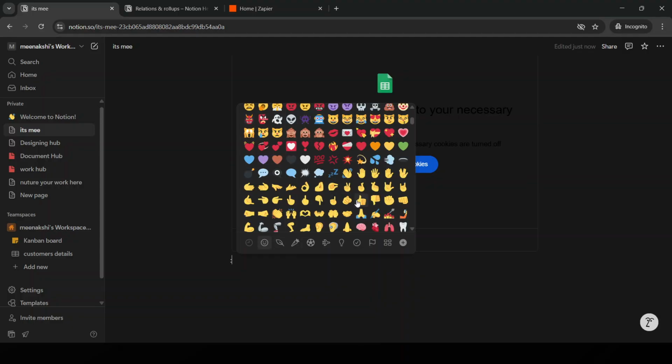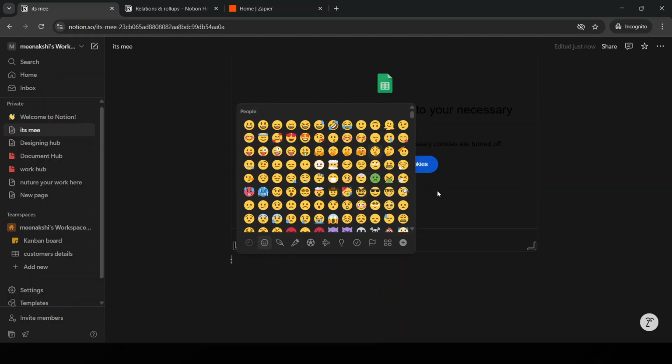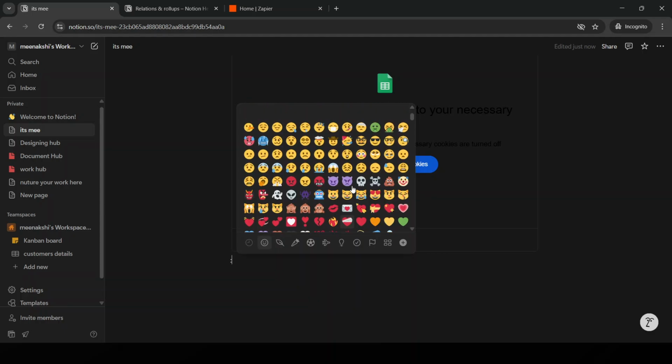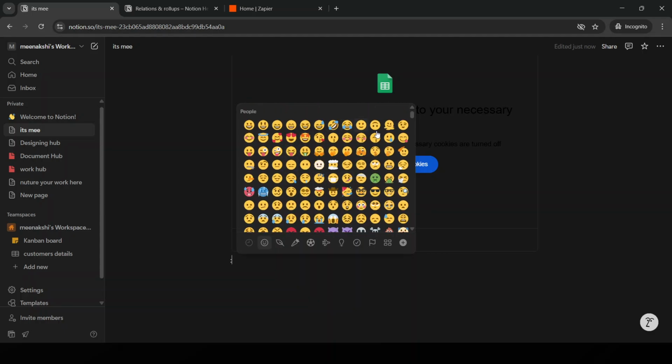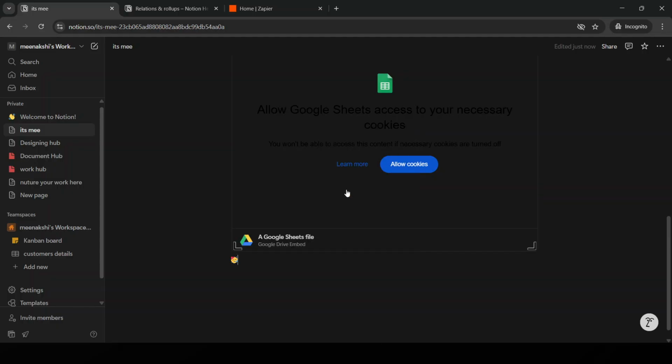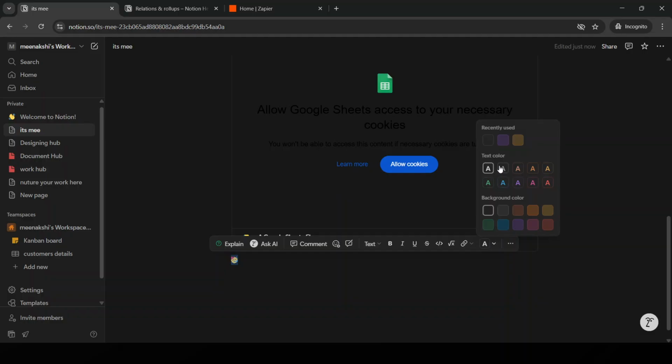Once your emoji keyboard is open, scroll through and find the perfect emoji that fits the vibe of your page. Whether it's a smiley face to brighten up a paragraph or a light bulb to emphasize a brilliant idea, there's an emoji for every occasion. After selecting your desired emoji, just click or tap on it, and voila! Your emoji is now beautifully sitting within your Notion page. Feel free to repeat this with as many emojis as you like to add personality and clarity to your notes